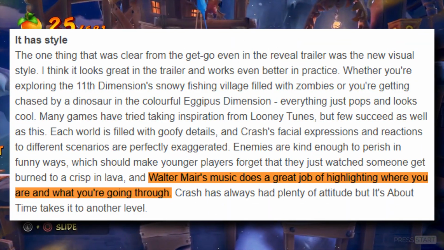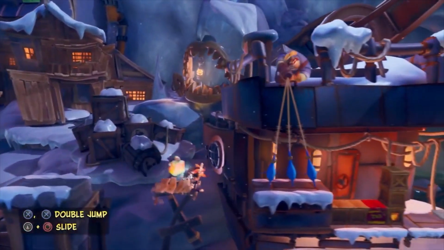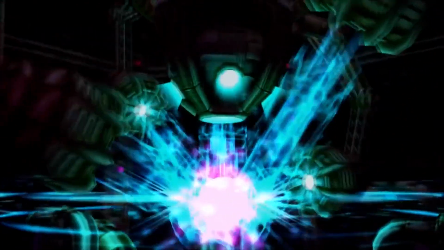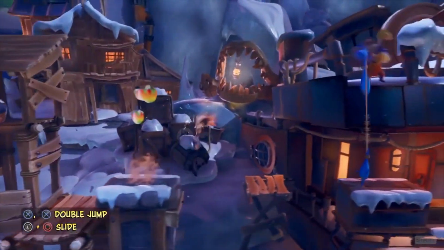Now, Lou Studer was interviewed recently, and this area right here, which we've seen before, is actually the 11th dimension, which was mentioned very briefly by Cortex in Crash Twinsanity. Somewhere between the 9th and 11th dimensions lies the mysterious 10th dimension. It doesn't look as ethereal and mysterious as the 10th dimension, but I still really dig the way this